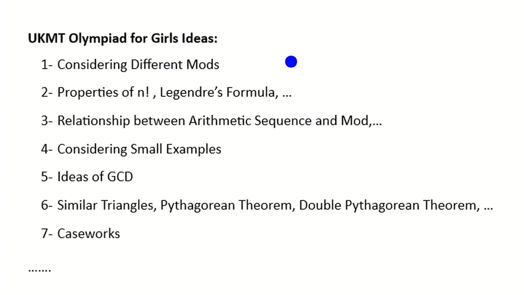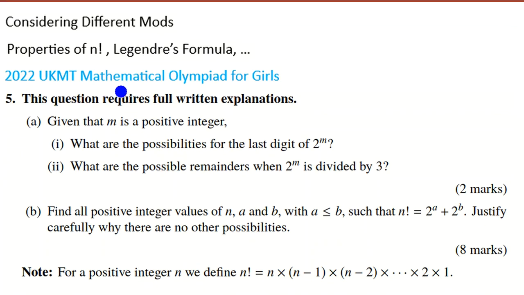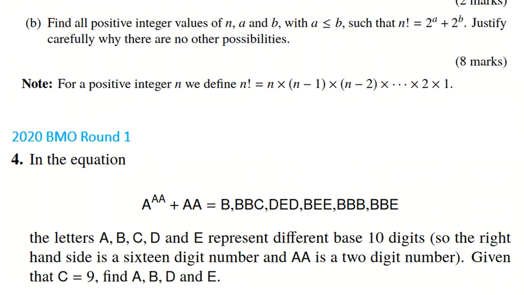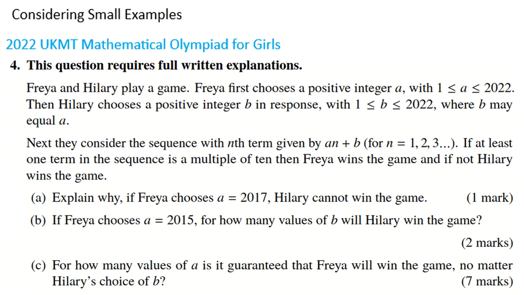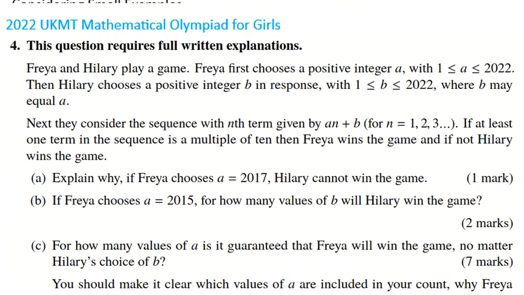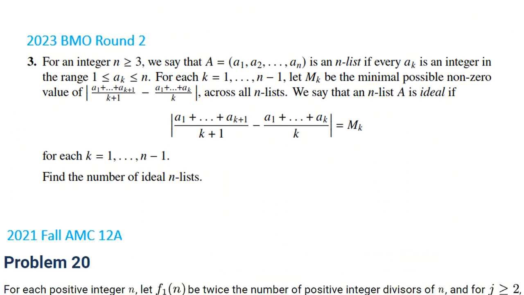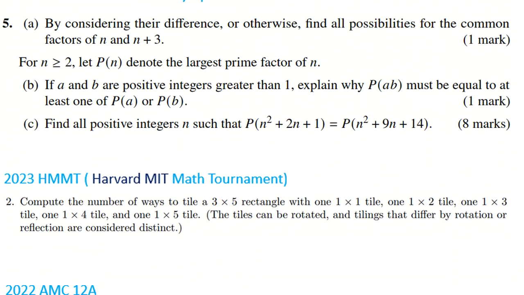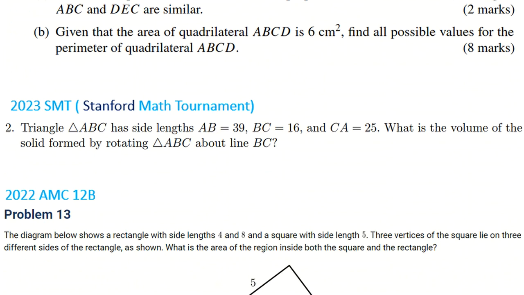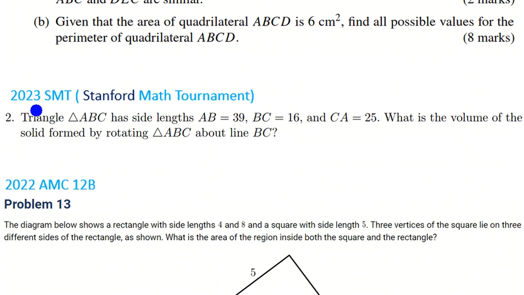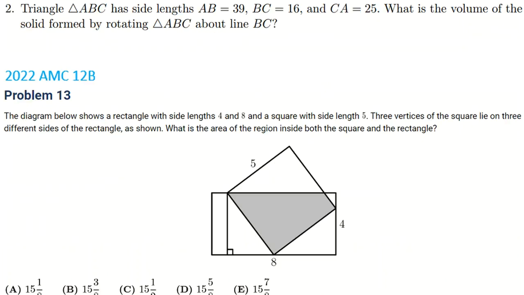Tournament. The ideas are we want to consider these 7 important ideas, and for each idea we want to solve related Mathematical Olympiad for girls, and also BMO round 1, sometimes round 2, AMC. Here again, this problem of Mathematical Olympiad for girls 2022, BMO round 2 2023, AMC again, and these problems, these ideas. For example, we want to solve this problem from last HMMT 2023 Harvard MIT Math Tournament, and also geometric problems, and the last problem of geometry of 2023 SMT Stanford Math